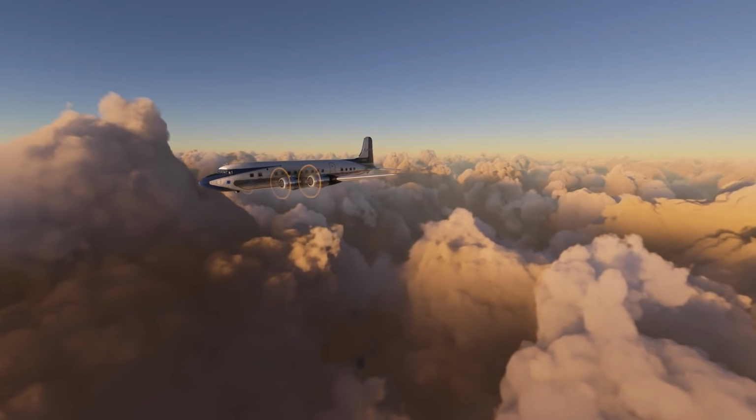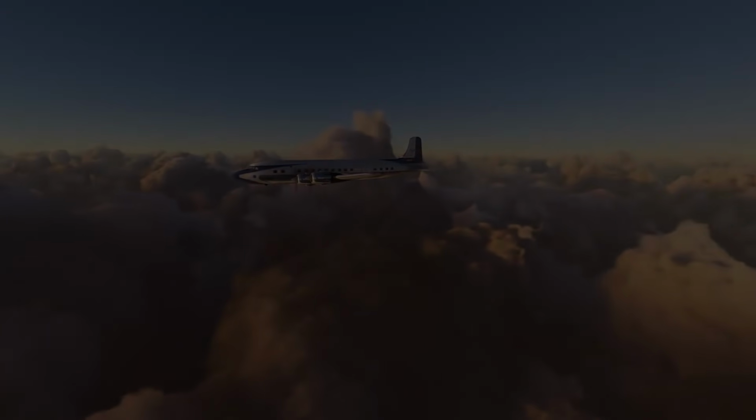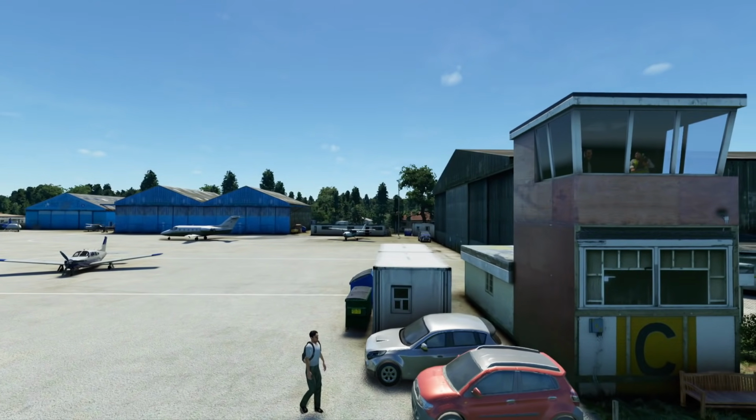PMDG's new DC6 for Microsoft Flight Simulator is coming very soon. On top of that, in today's video I share some photos from the Aerosoft team regarding their Twin Otter and